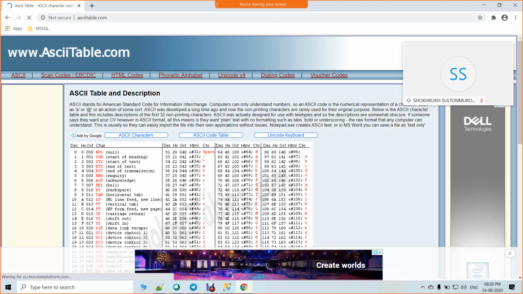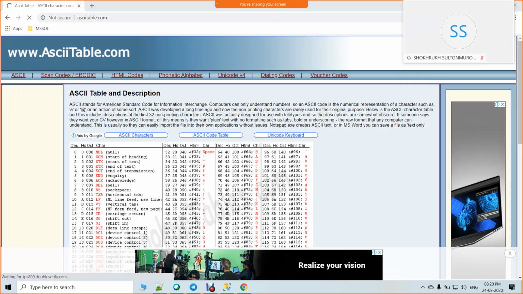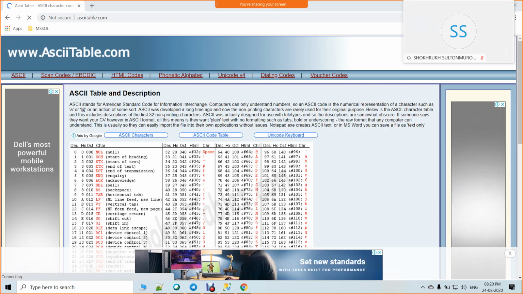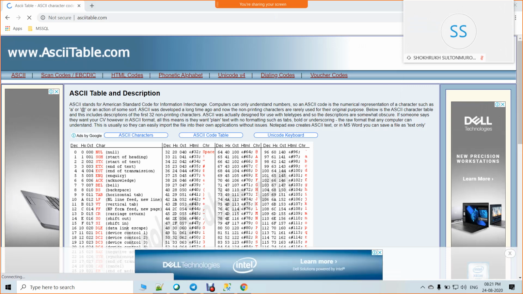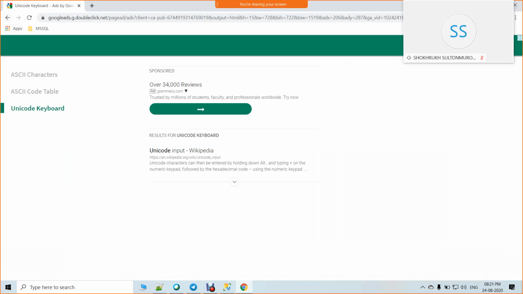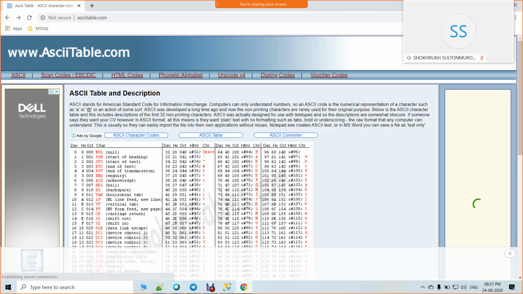The computer can only understand numbers, so an ASCII code is the numerical representation of a character. ASCII was developed a long time ago. That's some history about ASCII actually. Basically, to cut short, every character has an equivalent numeric number, and that is nothing but the ASCII number.